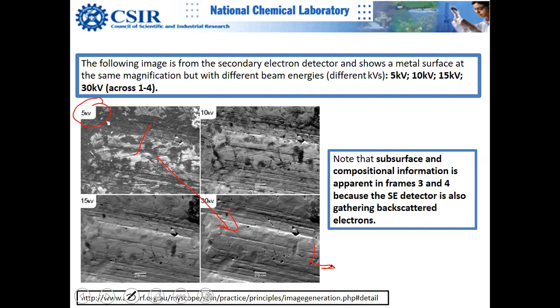Other than that, this looks more beautiful, and there is significant backscattered information here, and the same 20 micron for a comparison. When you are comparing between several images, please do not change the scale bar. Many times students change the scale bar, and it is a crime in microscopy, right? If you want to compare, please do not change the scale bar. Keep the scale bar the same.